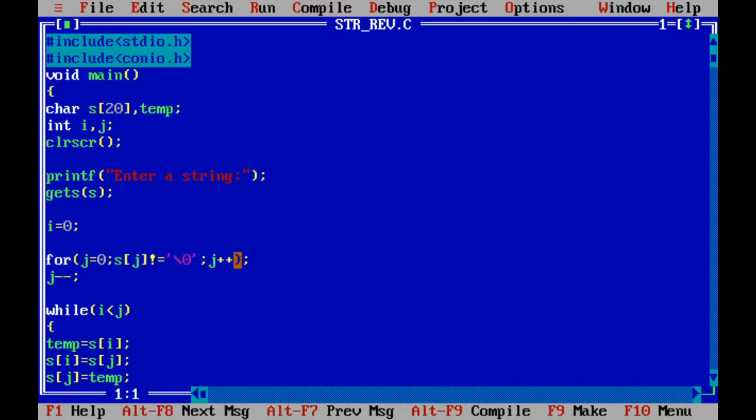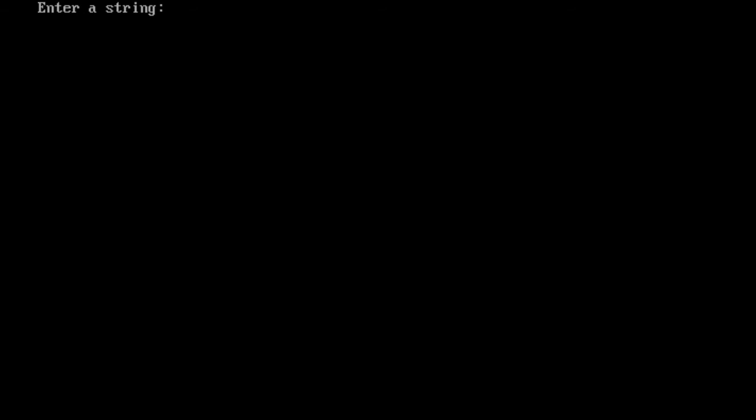We will check for another input. Enter a string. Suppose Sangamne. See, it is reversed.